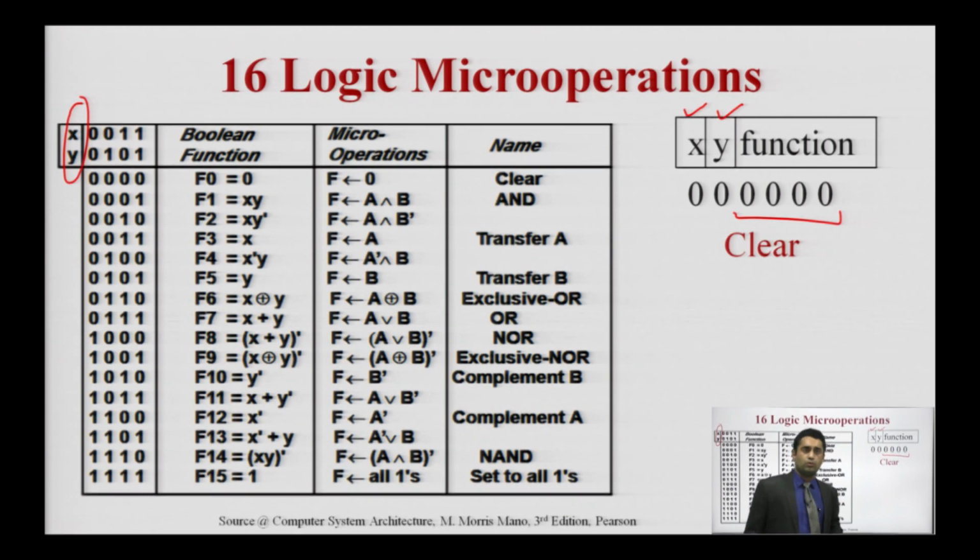If I am changing the value of the function to 0 0 0 1, what is the significance of this function? This function means AND. For AND we need 2 numbers. Yes, we have these numbers X and Y. So the AND operation is performed on X and Y, and we get the result.